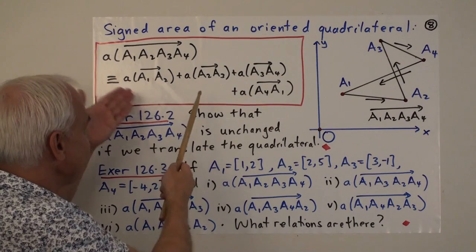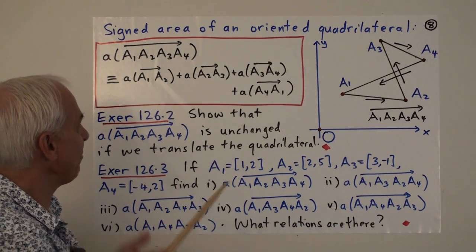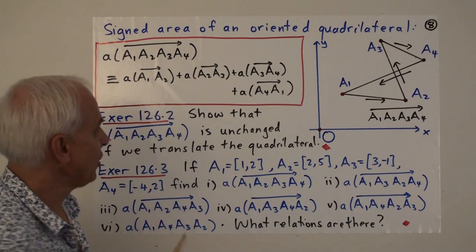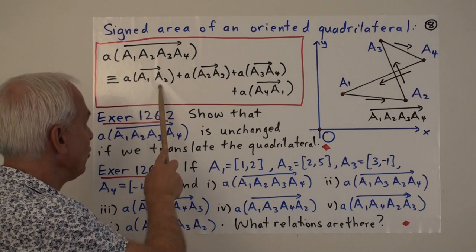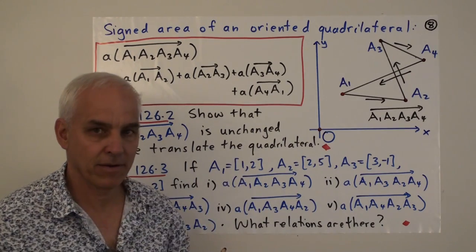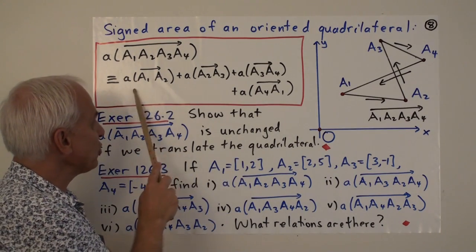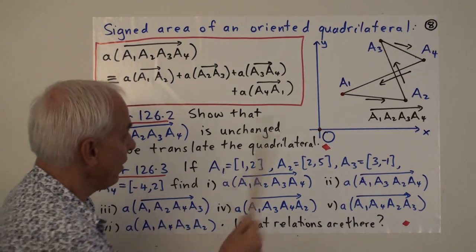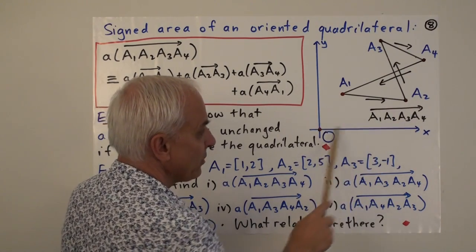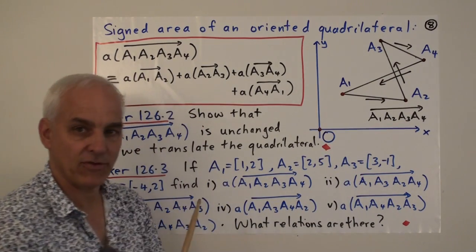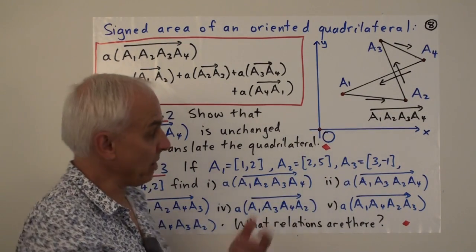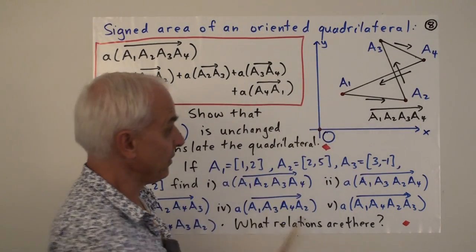Okay, so we can take the definitions of the previous page and apply them to this oriented quadrilateral. We define the signed area of this quadrilateral to be the sum of A of A1, A2, plus A of A2, A3, plus A of A3, A4, plus A of A4, A1. I remind you that this was actually the area of a signed triangle formed by the origin O, the point A1, and the point A2. So there's a triangle here, which I haven't drawn, but that's what this thing actually represents. And whether that's a positive number or a negative number depends on the orientation of things.